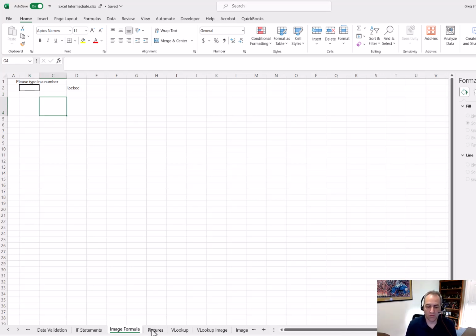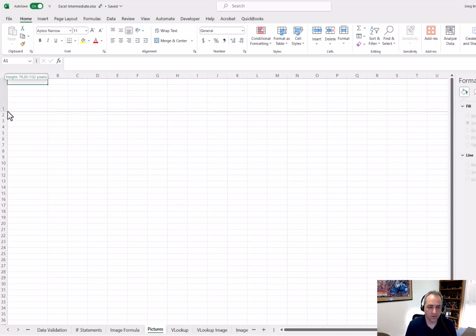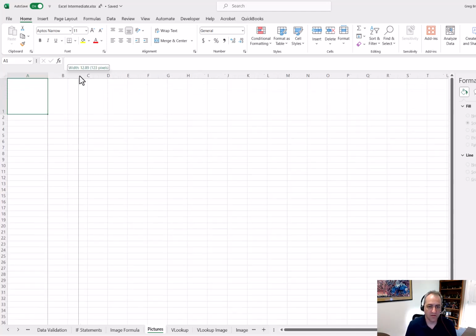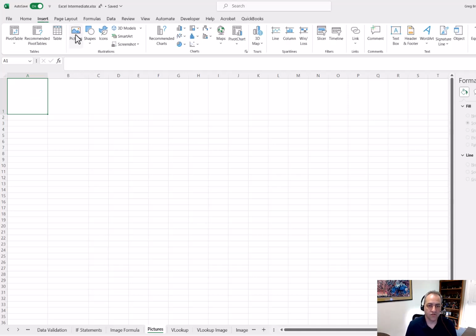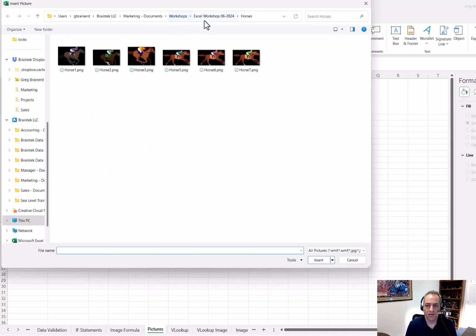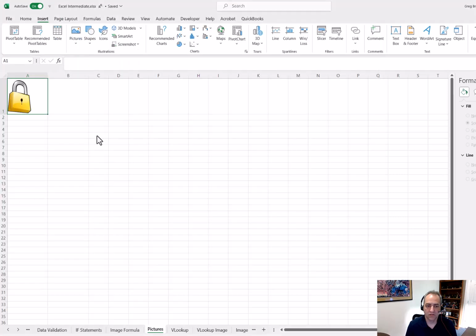Next one, if you don't already have a sheet, go ahead and create a sheet. I call it my pictures, and I'm going to insert an image into the A1 here. So I'm just going to expand this out so I can see it a little bit better. And I'm going to do another one in B1 as well. So we're going to come over here to insert pictures. I'm going to place it into the cell from this device. And we're going to use some pictures of some locks. So I've got locks, and I have another image that we're going to insert,